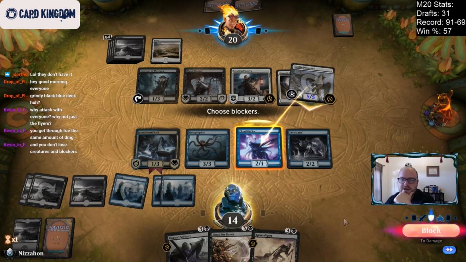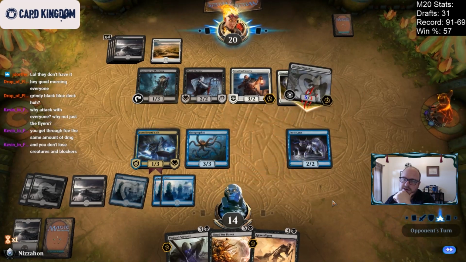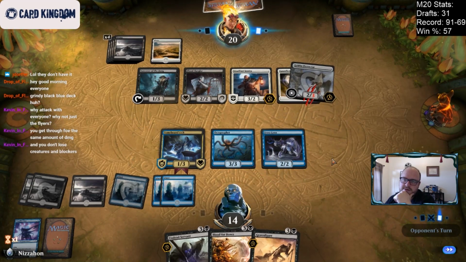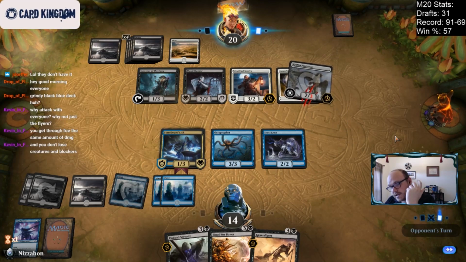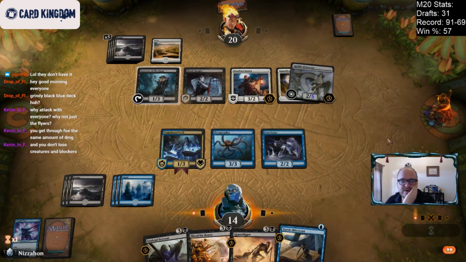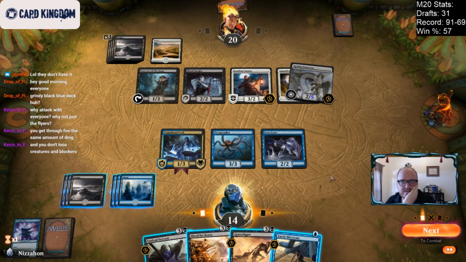I think I'm actually going to block here because I think I want to use Cloudkin here to try to draw cards. Because we need to find... If we can't deal with that Griffin Protector, we're just going to die. I think if we do kill it, we've got a really, really good chance of winning. Yeah, so...